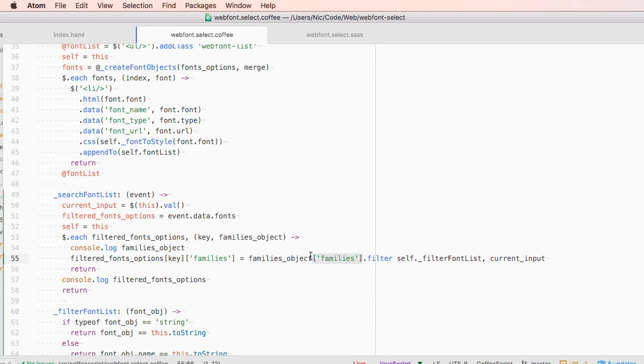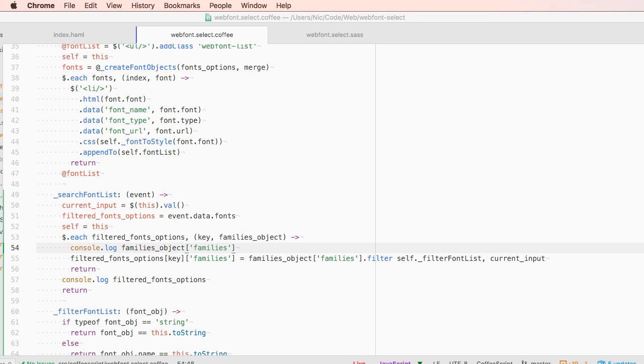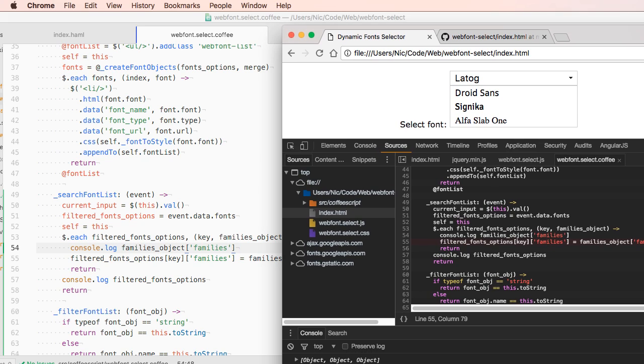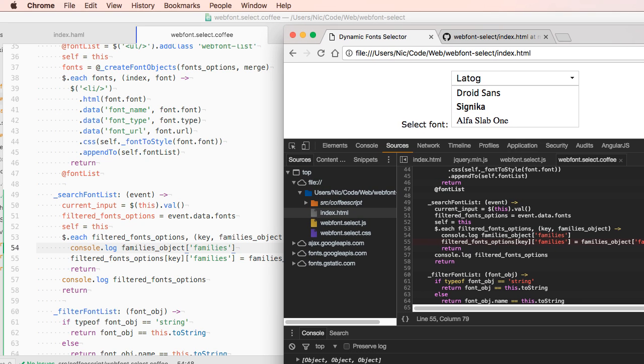Do a quick check here. Okay, and that does give us this object, which